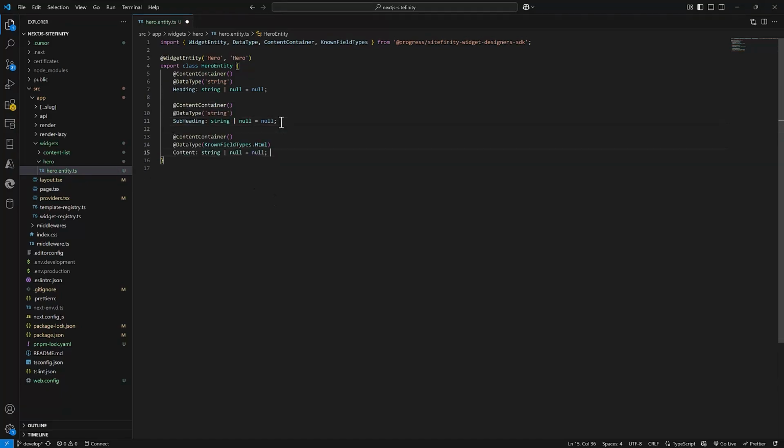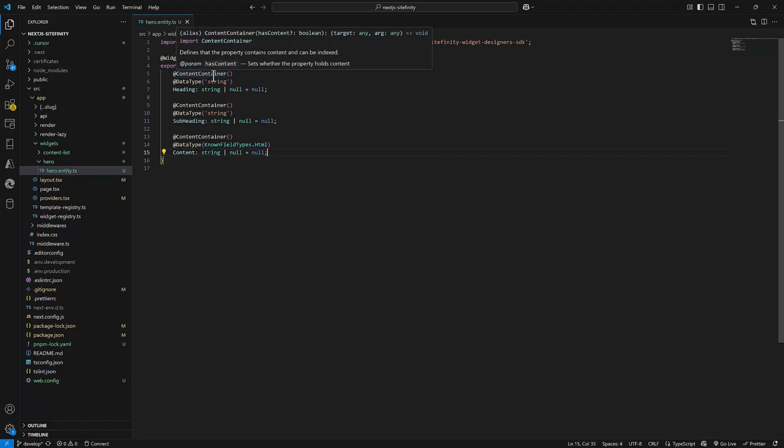So, what's happening here? The widget entity decorator officially tells Sitefinity that this is a widget entity with name and display caption hero. Then, for each piece of text, heading, subheading, and content, we're defining them as nullable strings. Notice the data type decorator specifying the type.